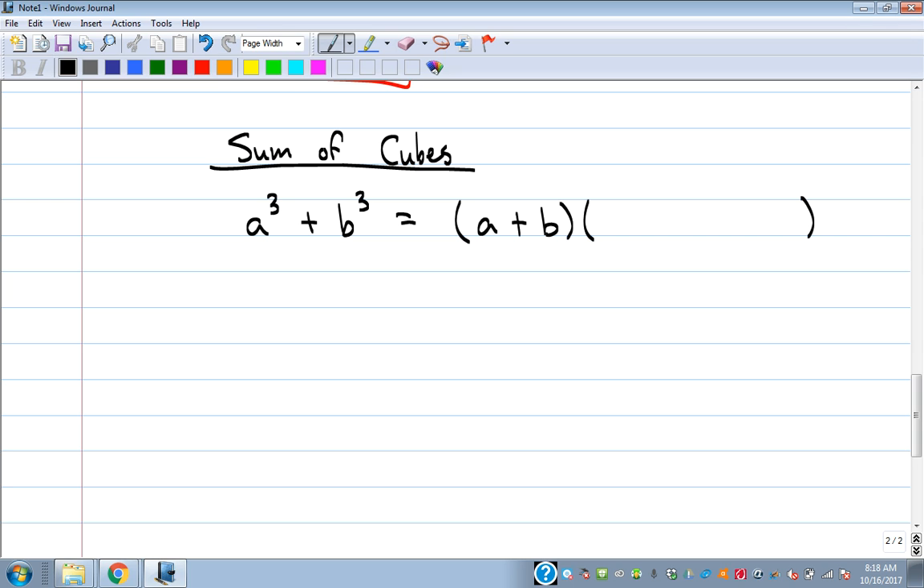Okay, if I use one of the A's here, how many are left? There's 2 of them, so it's A squared right there. Same thing with the B. If I use one of them here, there's 2 of them left, right? So on the end, put plus B squared. In the middle, it's